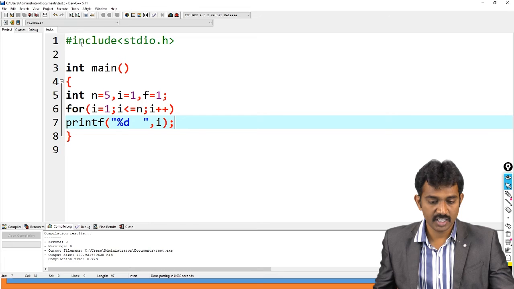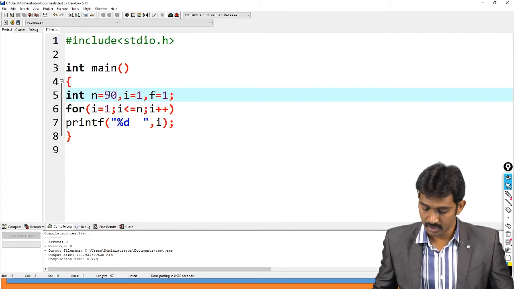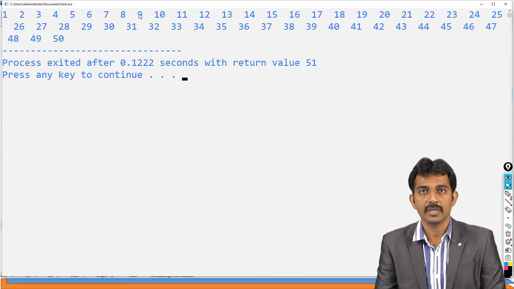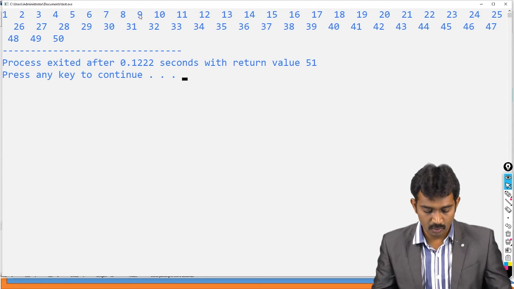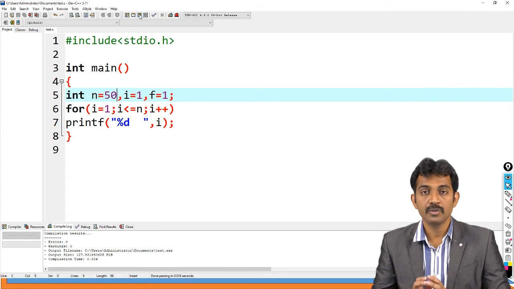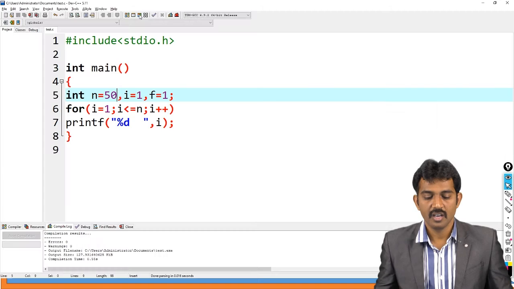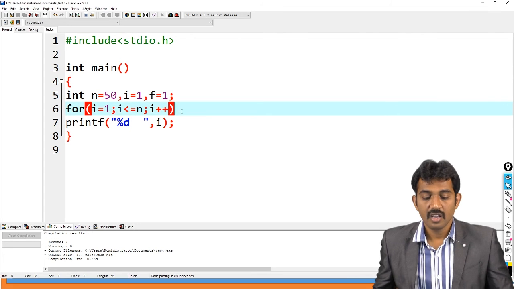Right? 1 to 5. For example, if you give the value 50, then it prints all the numbers. But our task is to skip some numbers which are divisible by 4, 6, 14. Right? 4, 6, 14.